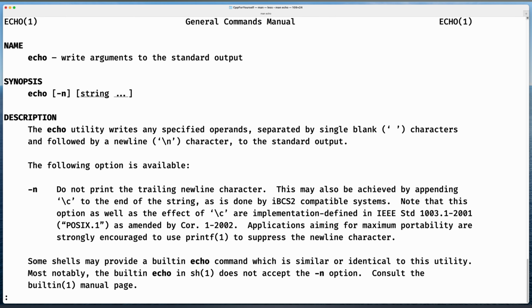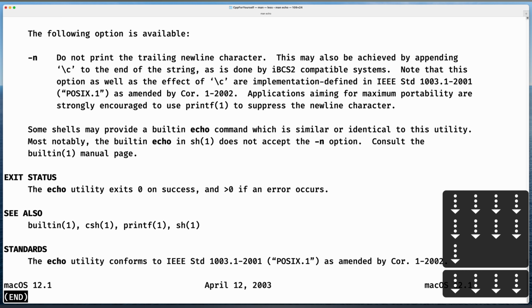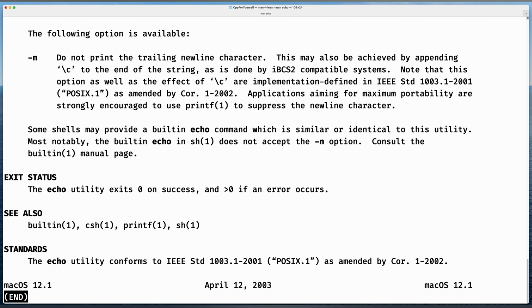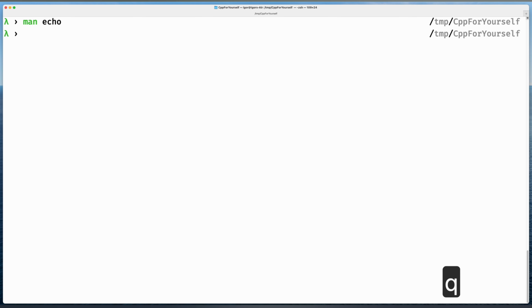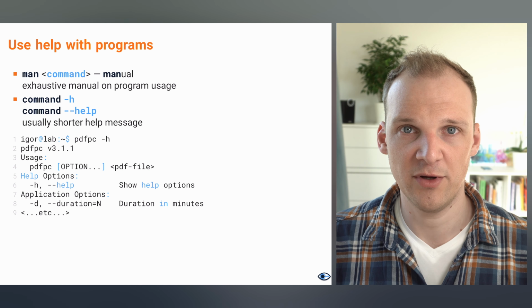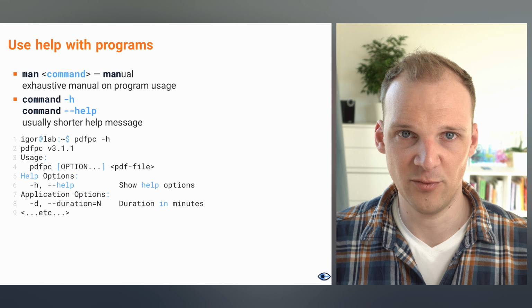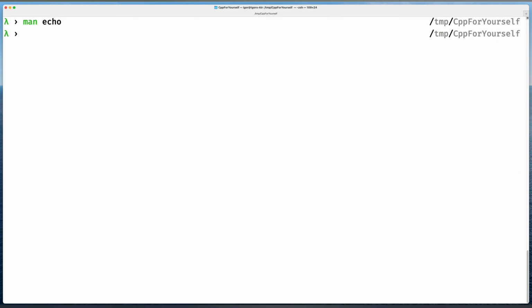You can see there is quite a significant amount of documentation here on how to use this piece of software. To exit such a manual page, you just have to press Q. Most of the system tools actually provide such a manual, but if you have an external tool, then usually it provides something like a help. And just for an example's sake, if I